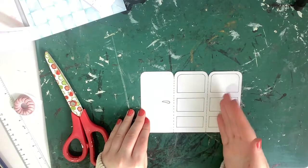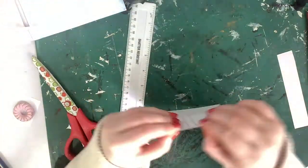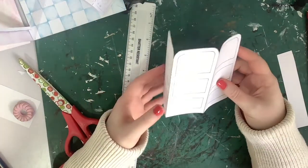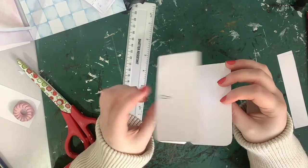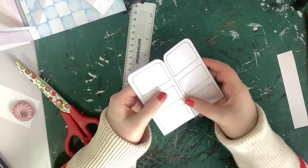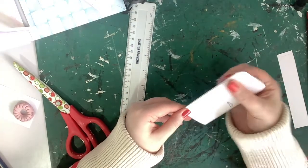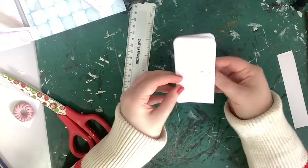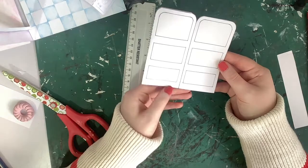Now what we're going to do is we are going to fold over our 2 dotted lines here. So now I have this here. What I want to do is I just want to make sure it's folded correctly first. This piece here is going to be the fridge door. Now I also want this to close over, so I'm going to fold it backwards on itself. And if I now go up, I've now got the inside of my fridge,